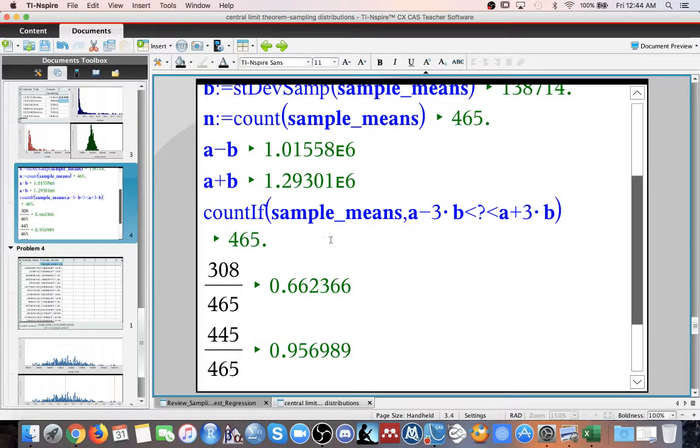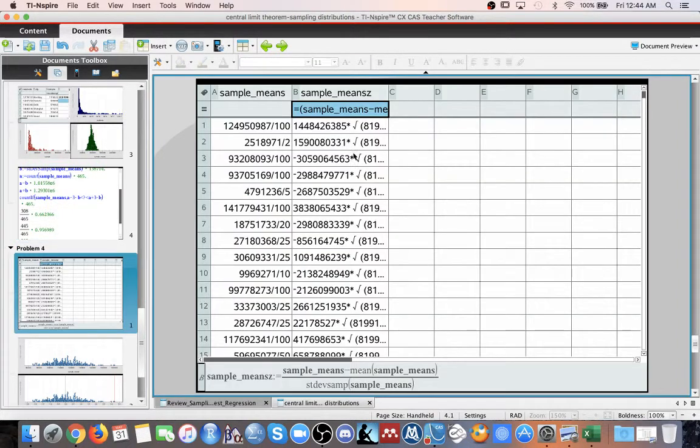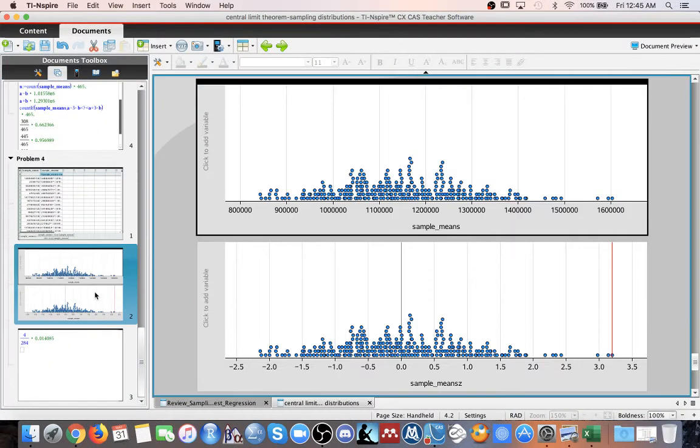So if we think back to here, we were thinking about things that were 1 and 2 and 3 standard deviations away from the mean. So what if you're talking about a specific data point? If a specific data point is 3 standard deviations away from the mean, that is really far away when you think about it in relation to all of the rest of the data and in relation to the mean. So if we do that with every single one of the sample means here,